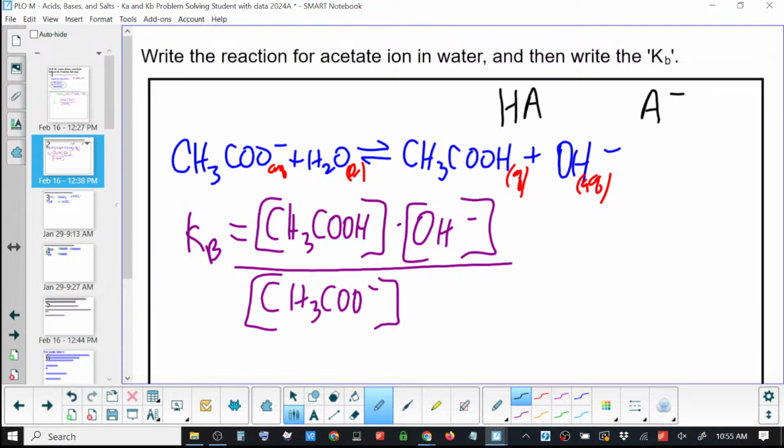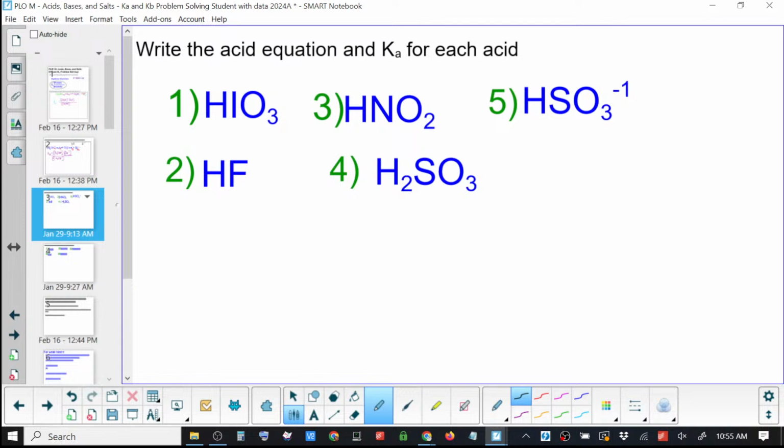Kw. Yes? Can you go back, please? I can see it. But you have it in your notes too, right? Yeah. There you go. Has everybody got at least number 1 done? Okay. We'll check our work.